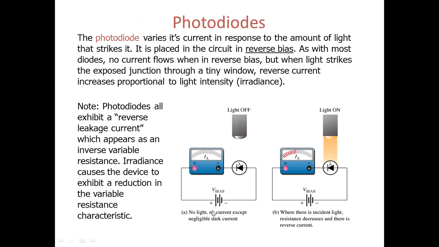On both sides here, the battery supply is given to the diode through an emitter. Positive is connected to the emitter, and that positive is connected to the N junction of the diode, the cathode, connected here. And negative is connected to the P region, that is called the anode.